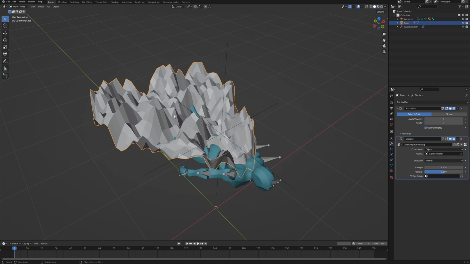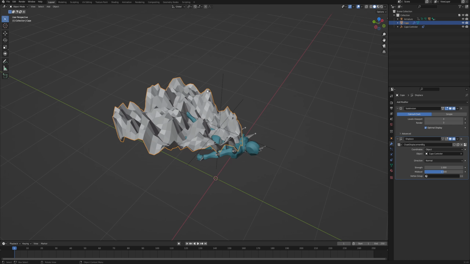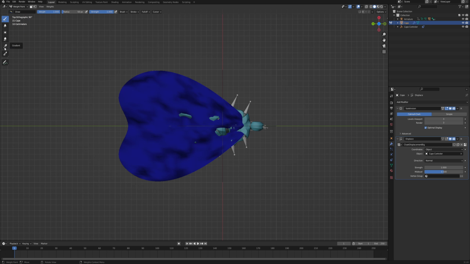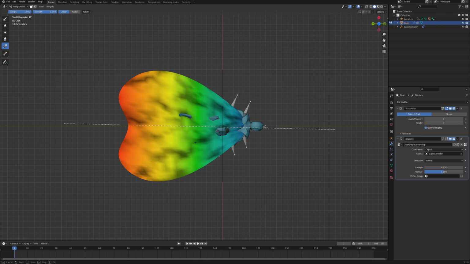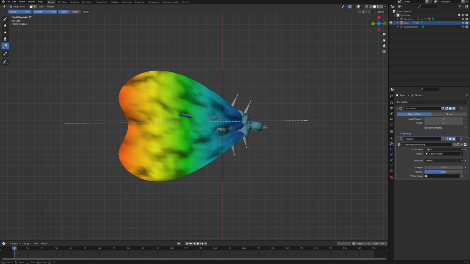And I know that right now this whole displacement ruins everything, so let's fix it right away. With this cape selected, let's go into the top view and then hold down tab and choose weight paint. And then up here in this menu, let's choose the gradient and create the gradient on our vertices that is gonna be affected by the displace modifier. So just make sure that the beginning of the cape, that's around the shoulders, is fairly blue. It doesn't have to be totally blue, but quite dark, so that these vertices will not be affected as much. Maybe something like that.